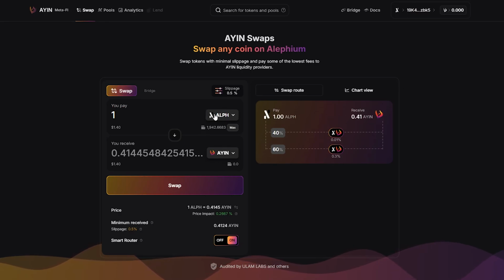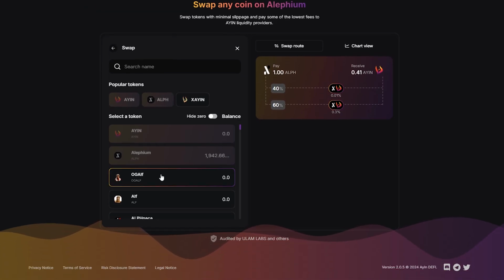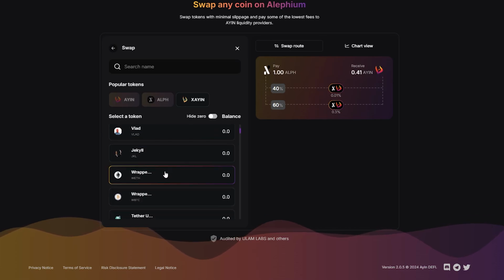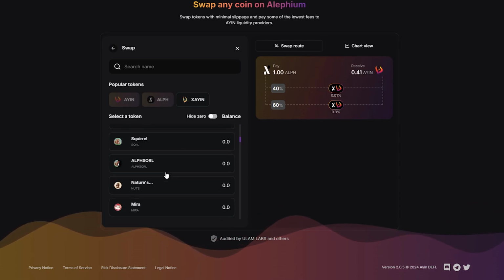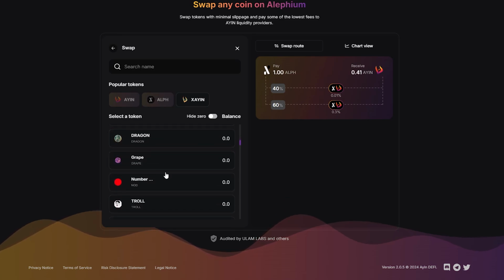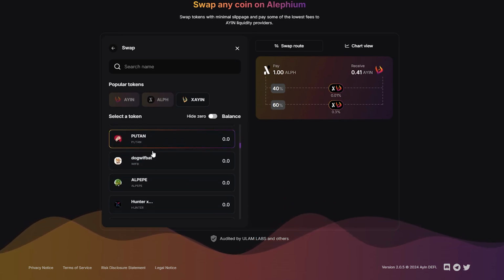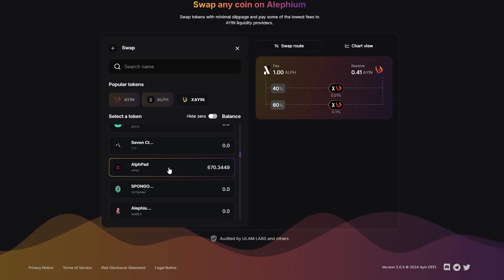So we have our Alephium here, and then we can just basically pick whatever coin that we want. Now, I'm not going to recommend any meme coins necessarily, but the ones that are most popular, I think, are currently this Wang coin, and then a bunch of other ones, like if we keep scrolling down here, 404, Gold Castle, there's some more as well, Chengis, Alphpad, so that's technically not a meme coin, but it's I'd say a utility coin.